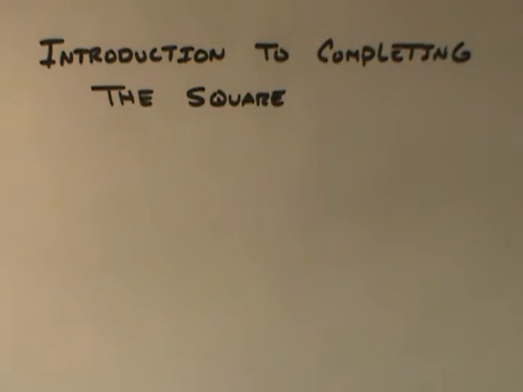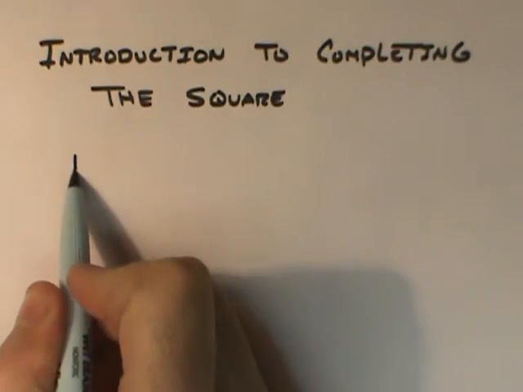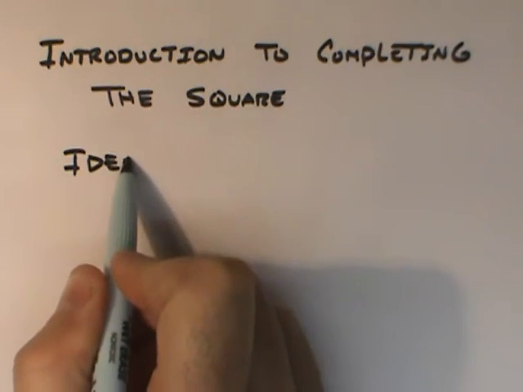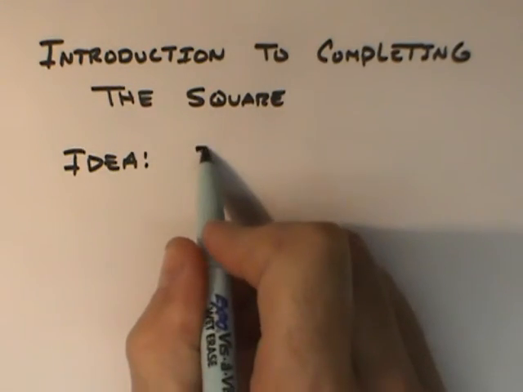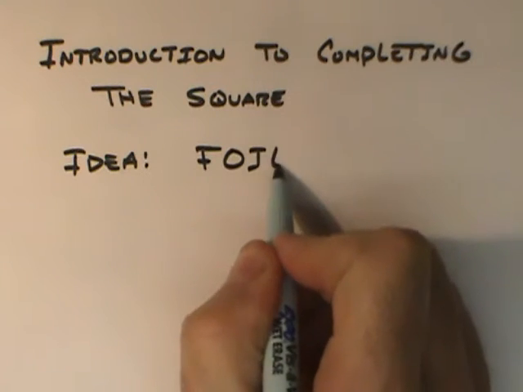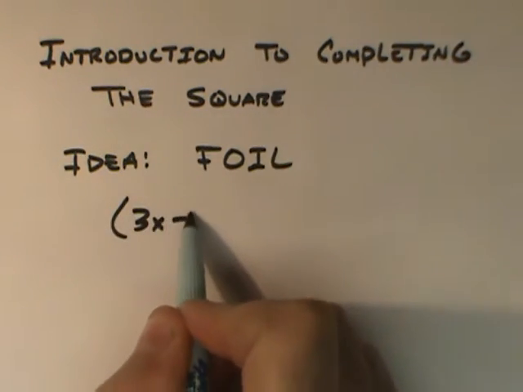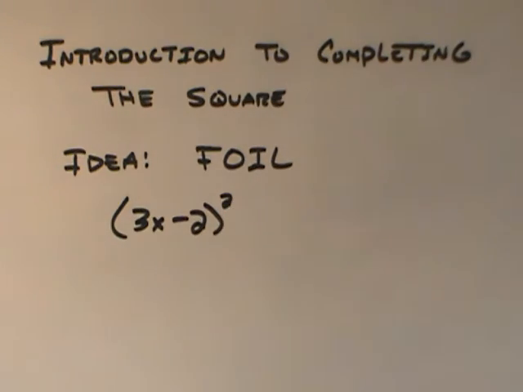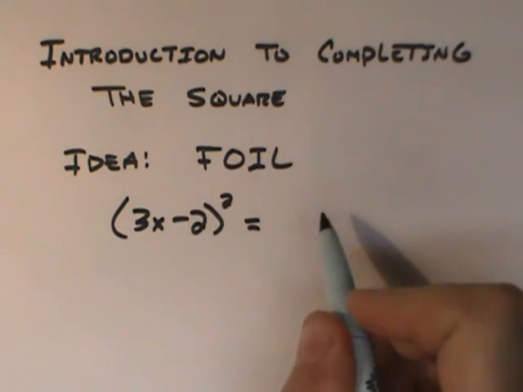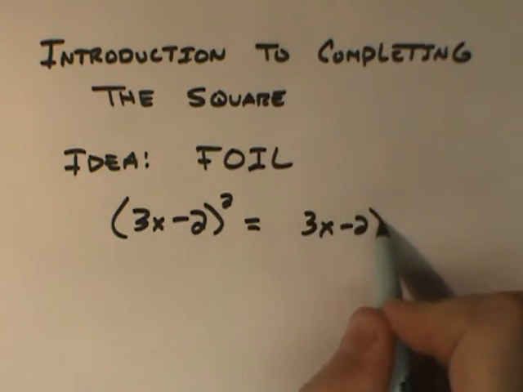Introduction to completing the square. We'll start with an idea. If you recall with FOIL, if you have a perfect square like 3x minus 2 quantity squared, you can write that as 3x minus 2